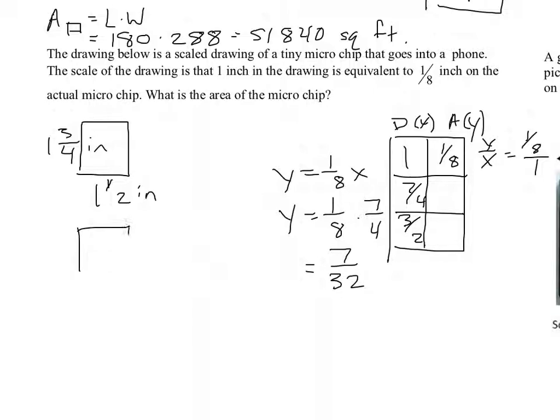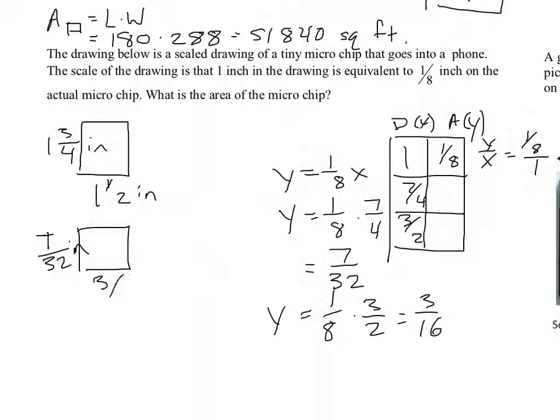So in our actual chip, this is 7/32 inches. And y is equal to 1/8 times 3/2, which is going to give me 3/16. So 7/32 and